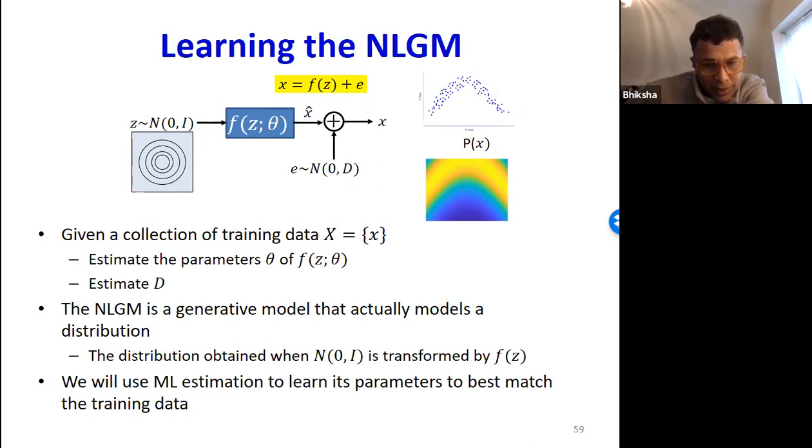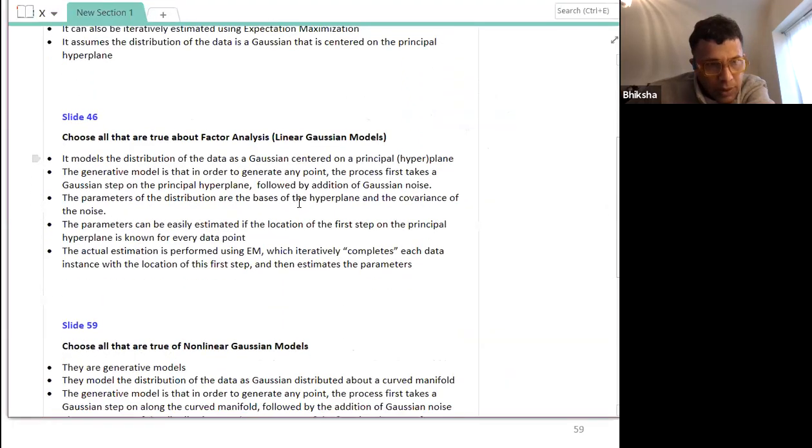Kushal, I believe there's another poll here. Let's see.